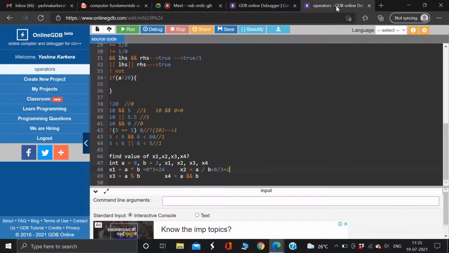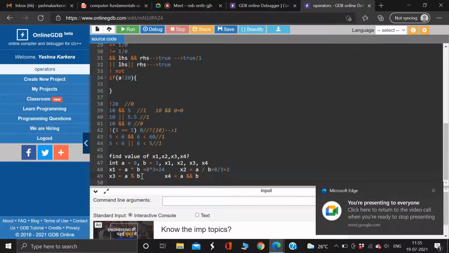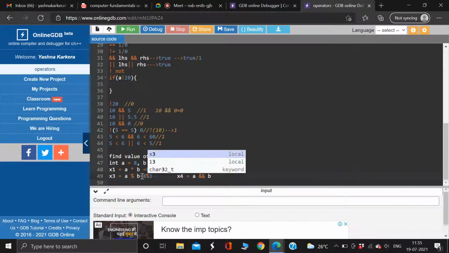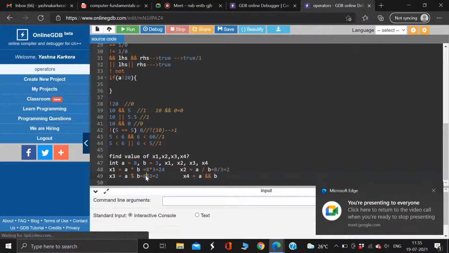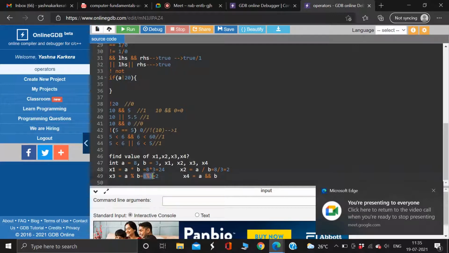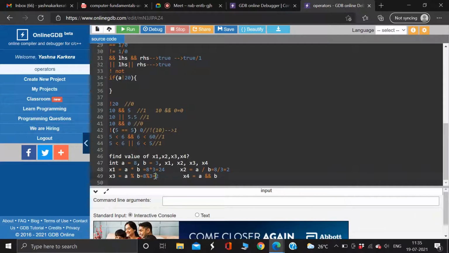Okay. Yes. Now tell me what was this? 8 percent 3. 8 percent 3 means the remainder. Like guys, you divide 8 by 3. You have 3 here, you have 8 here. 3 twos are 6. 8 minus 6 is 2. And you have 2 in the remainder, right? So the answer will be 2. Basically, this percent sign means the remainder. You divide it by 3 and check. Whatever remainder you get is the answer. Is this part clear?